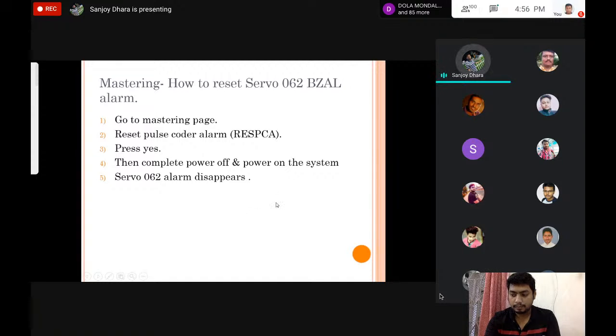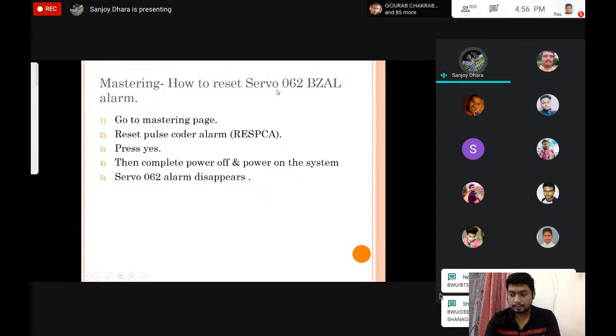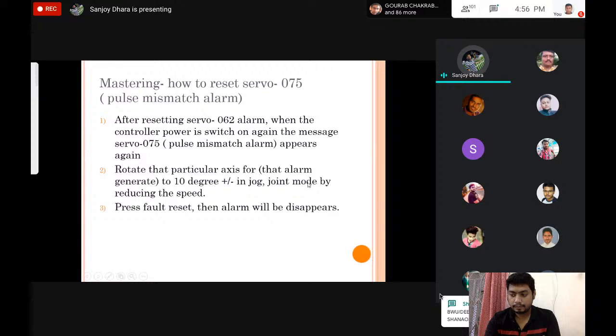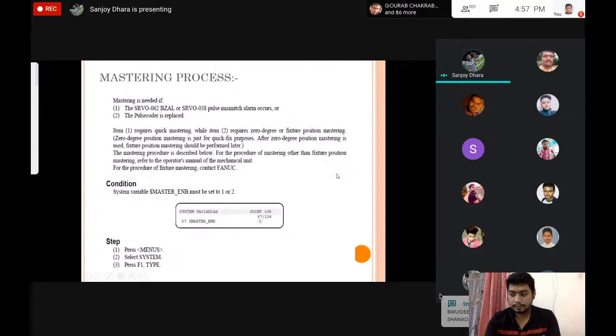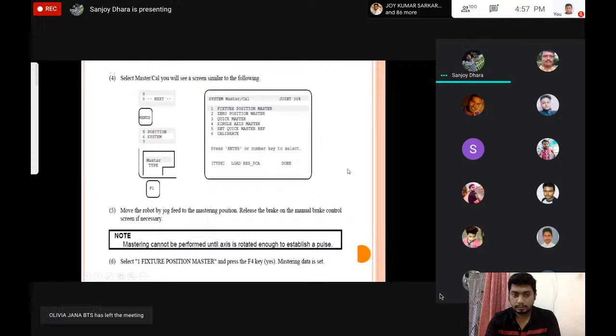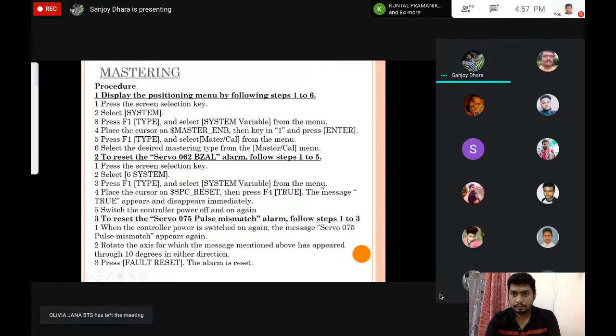You can see here how to reset this alarm. You have to do the mastering first, then you will be able to reset these alarms. This is the mastering process, which varies from robot to robot and manufacturer to manufacturer. This is the process for the Fanuc robots. Detailed procedures for the mastering are written here,